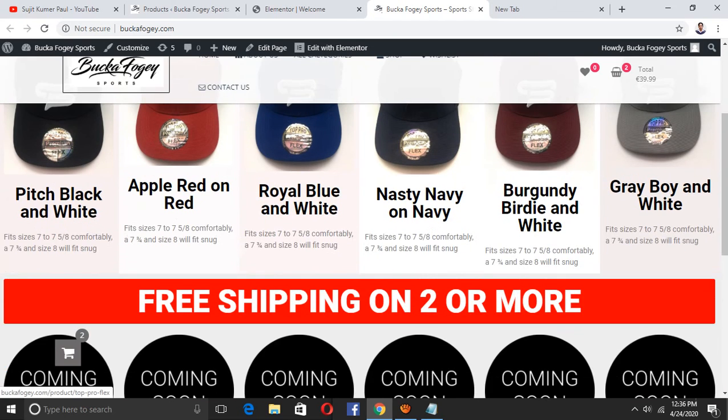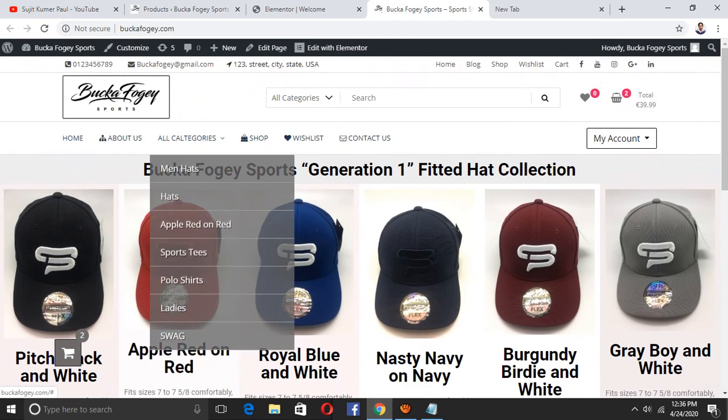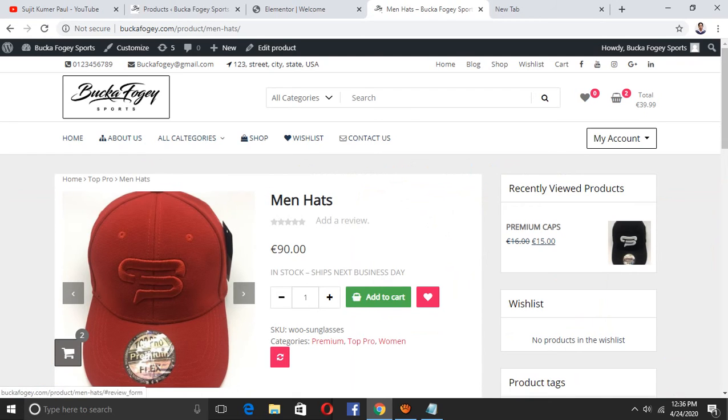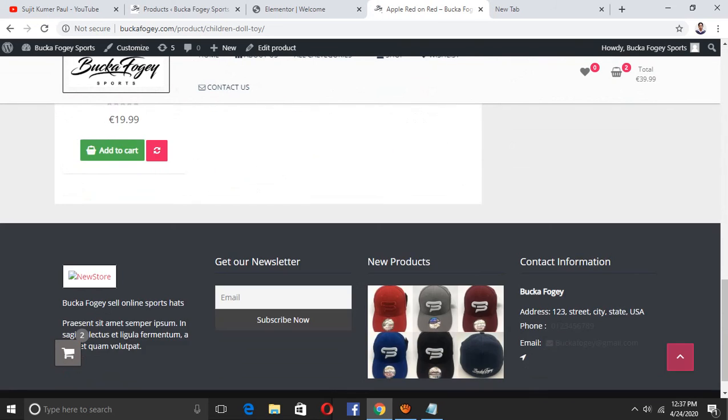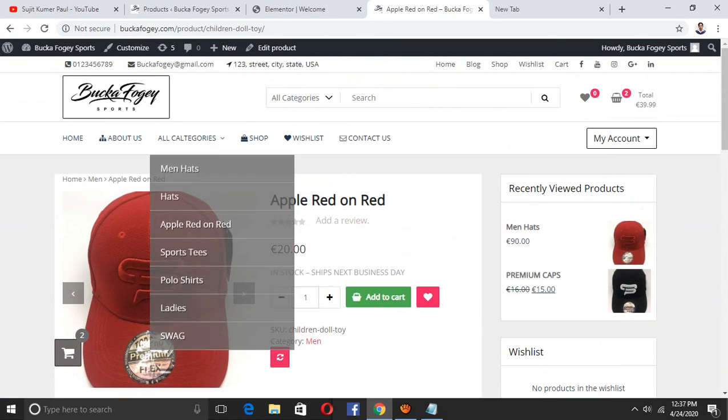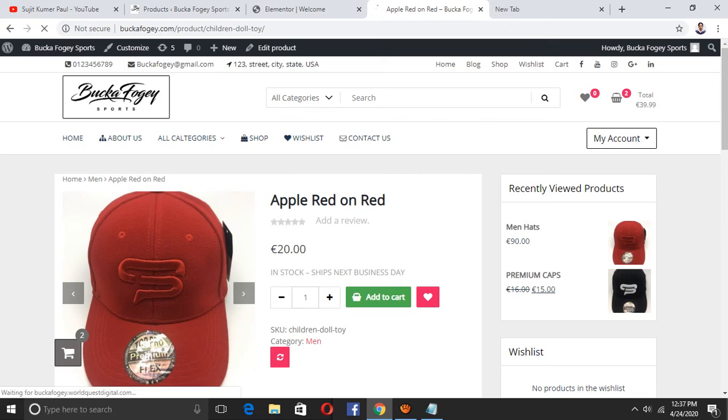Okay, and listen. This is category. When you select a category, this category is automatic here. When you click the main head, the category's products automatically show here. Okay, and this category's products are already showing here. And if you want to paste something in about us, you can edit.